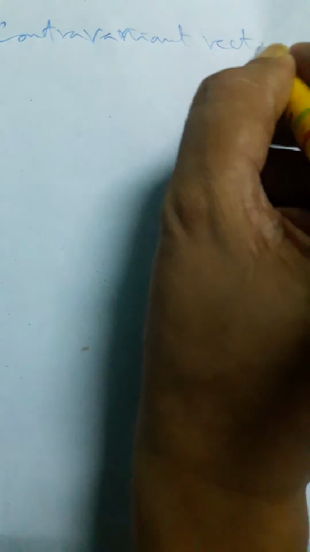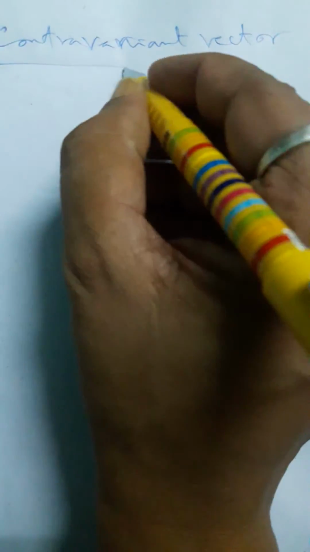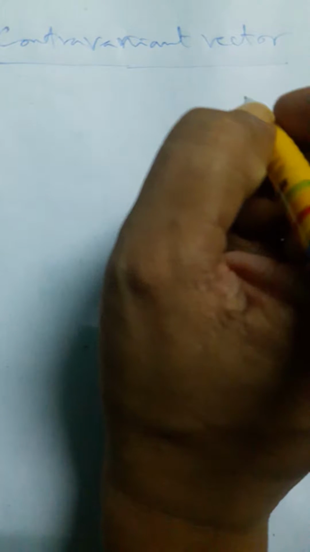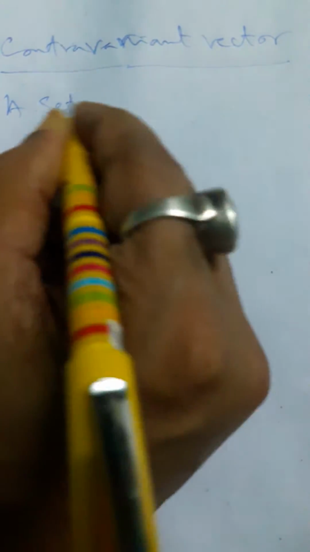Today we discuss the topic of the contravariant vector. This is also called a tensor of the first order of the type (0, 1). Now at first, a set of